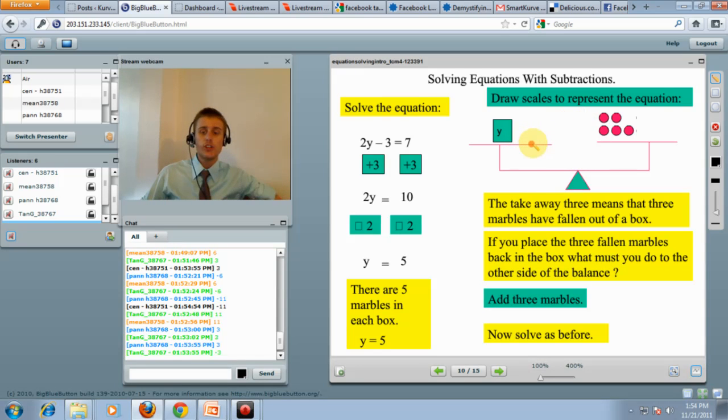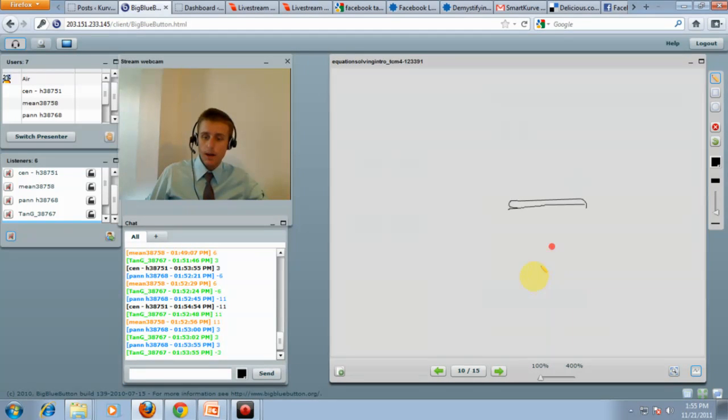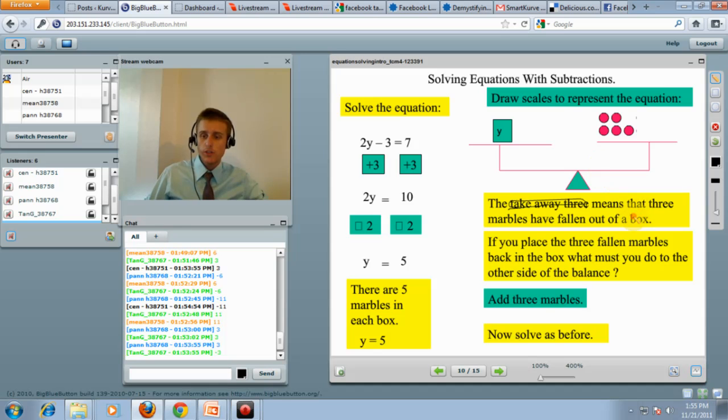Now solving equations with subtractions. Very similar to addition. You can draw the scales to represent the equation. Again, so this is the y, and this is the number we're trying to find. The take away 3, this right there, means that 3 marbles have fallen out of a box. If you place the 3 fallen marbles back in the box, what must you do to the other side of